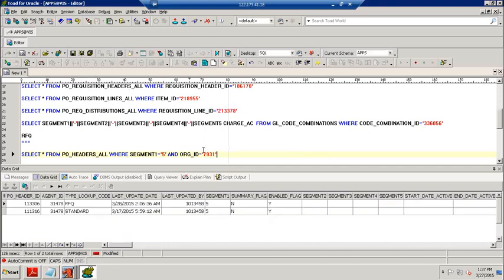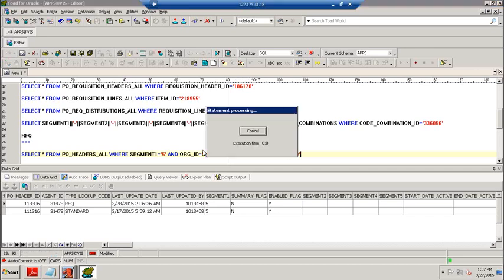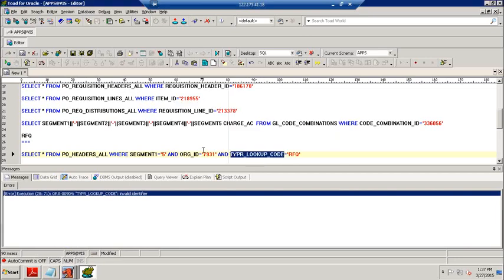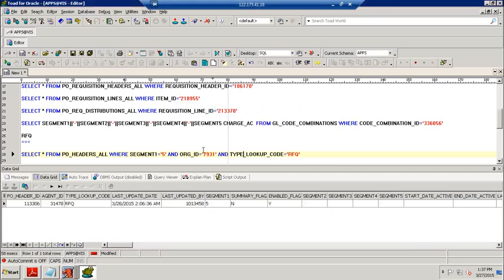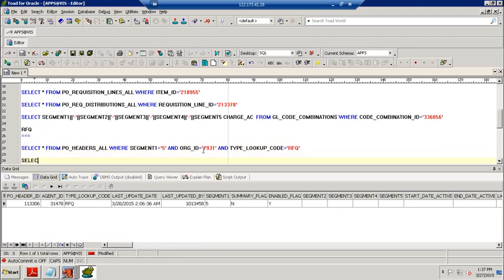One record shows as our RFQ. Again we want to specify the type lookup code equal to RFQ. Now we are getting the proper information.